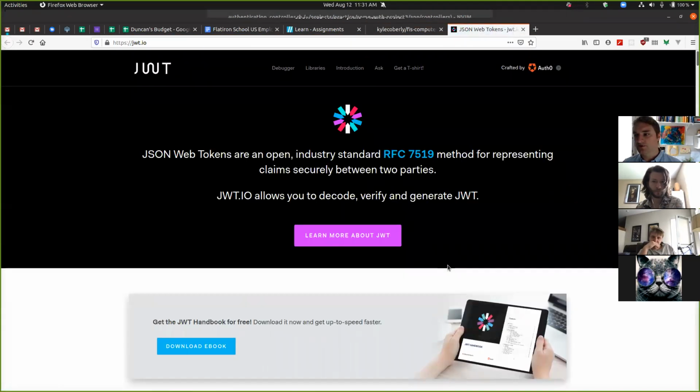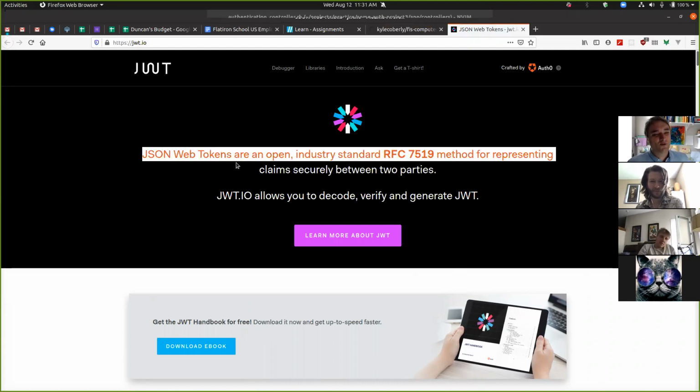I'm not having a stroke. I know that it's written JWT. I'm telling you, it's pronounced Jot. I don't know. I didn't make it up. That's how it's pronounced. So Jot is a JSON web token,